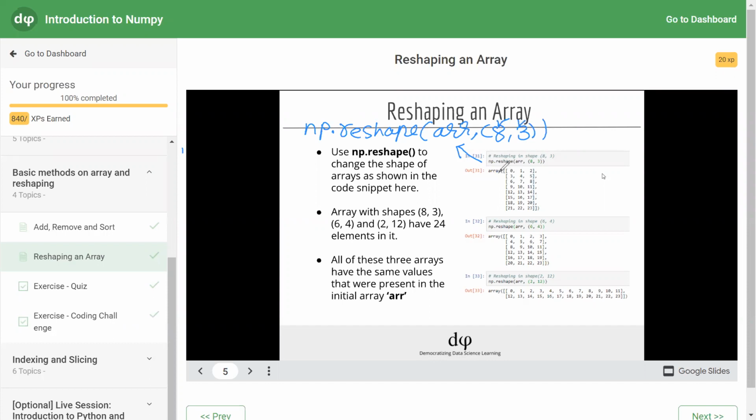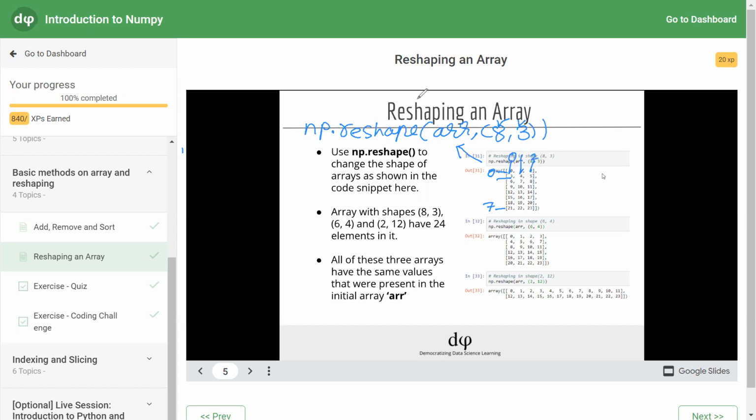Therefore, the output has rows 0 to 7, 8 rows, and 3 columns. Indexing starts from 0, so 0 to 7 is 8 rows, and 0, 1, 2 is 3 columns.